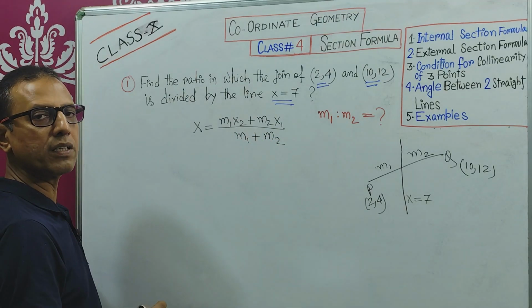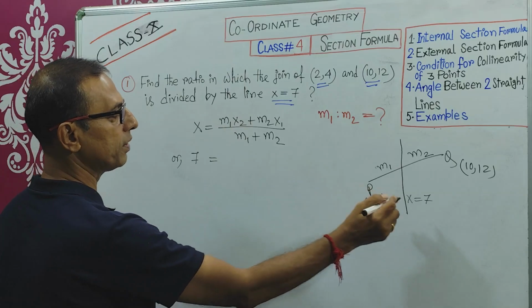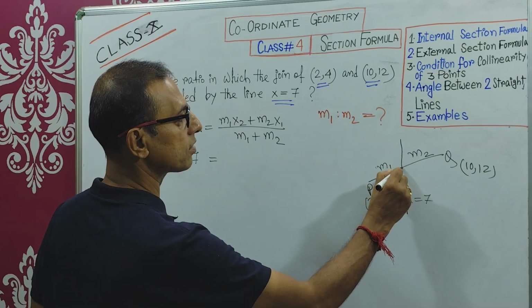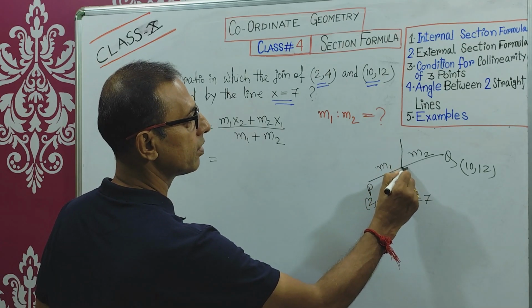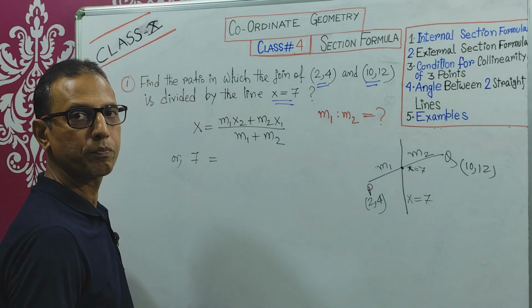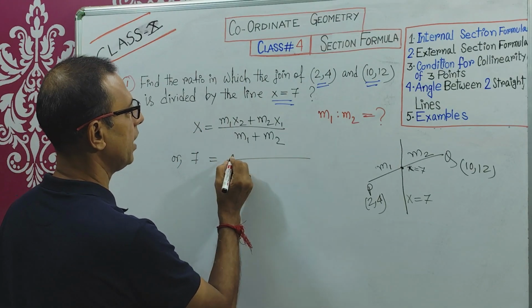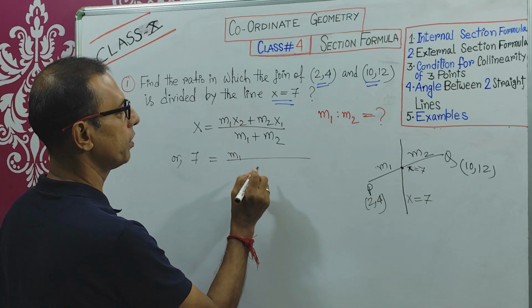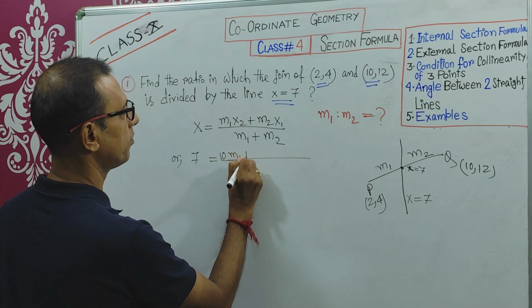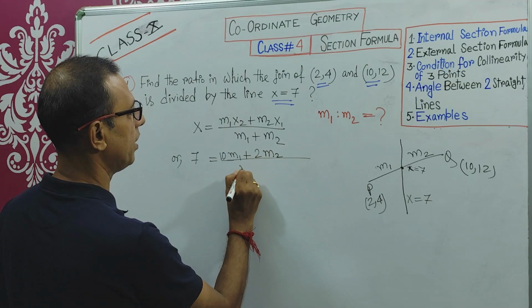Now here x is given, so 7 equals to, that means if x equals 7, this is the line parallel to y. That means here also the x coordinate will be 7. The y coordinate I don't know, right? So x is replaced by 7, then m1 times x2, that is 10 m1, plus m2 x1, that means 2 m2, by m1 plus m2,